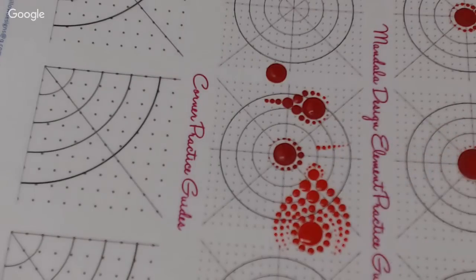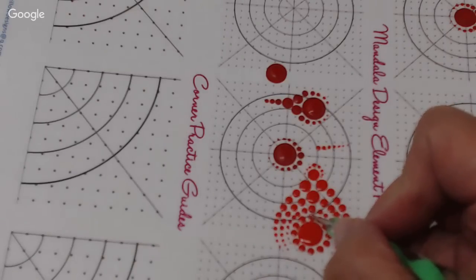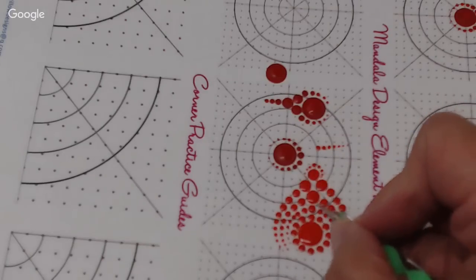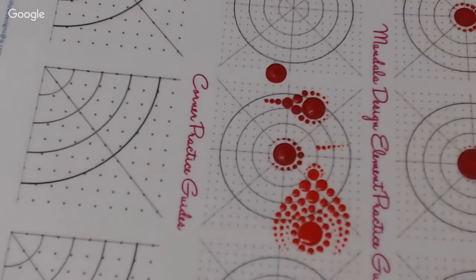You can see that these dots are on top of each other, right? These are rows 1, 2, 3, and 4. This next row is not offset, but it's also not right over the previous dot. So it would,